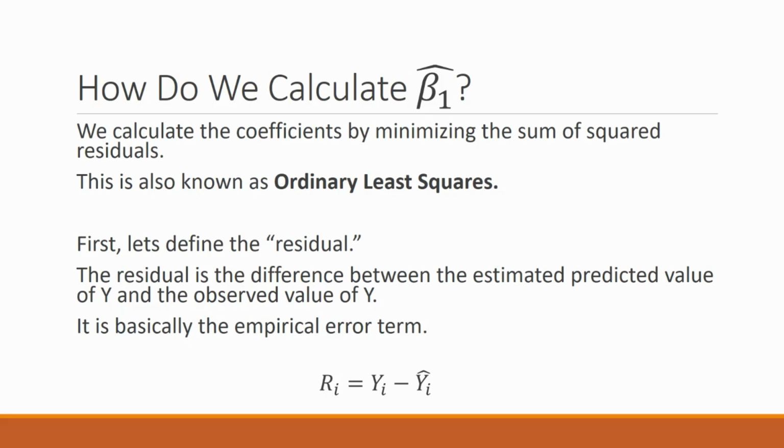So what we want is values of beta 0 hat and beta 1 hat that give us a good regression line, a good regression model that fits the data. Remember, I was saying, a good model is going to fit the data well. It's going to describe the data well. And so just using that intuition, we can think,